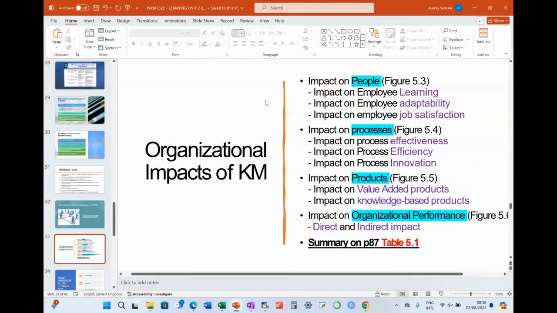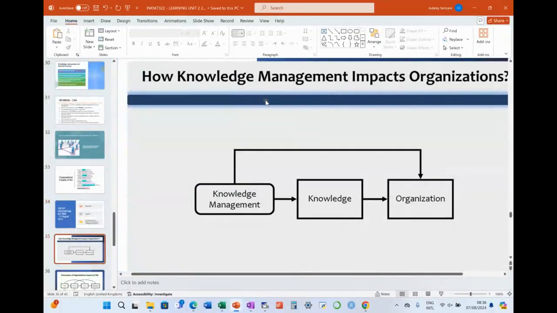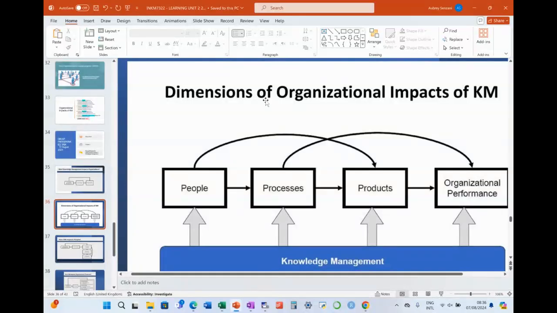So this is why I was saying that now we're seeing the fruits of knowledge management, and this is why we need to invest in managing this adequately. Now they actually show us this stuff graphically. So you've got your knowledge management, which provides knowledge, and then obviously it should impact the organization. What we have just gone through is that knowledge management impacts your people, processes, products, and then organizational